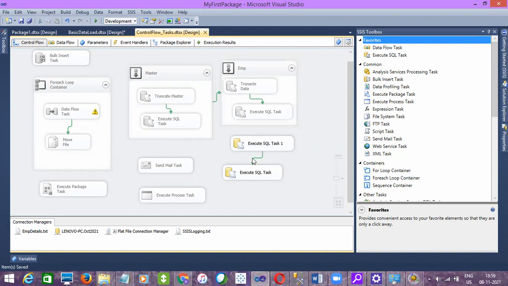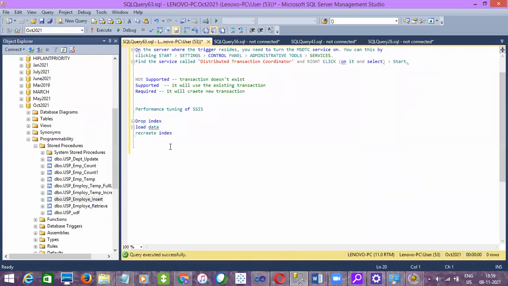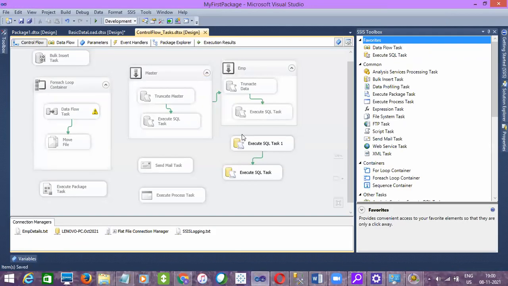No. At a time, the parallel execution is number of processors plus 2. If it is 4 processors, 6 tasks will run, right? So number of processors plus 2 equals the number of parallel executions of tasks. You have to say this in the interview. How many tasks can you run parallel? Number of processors plus 2. If there are 4 processors, 4 plus 2, 6 tasks it can run parallelly.